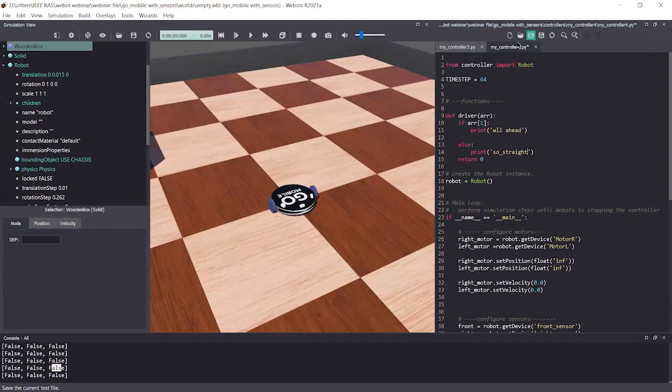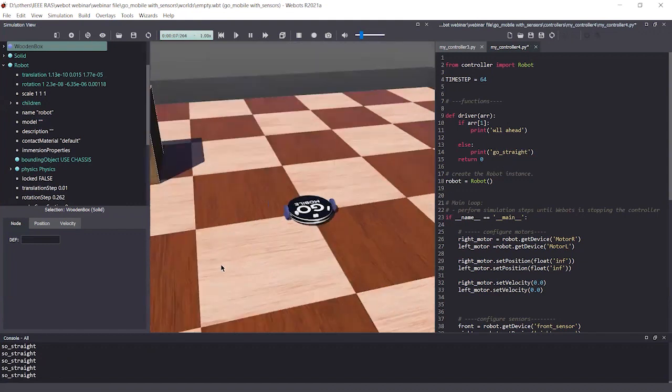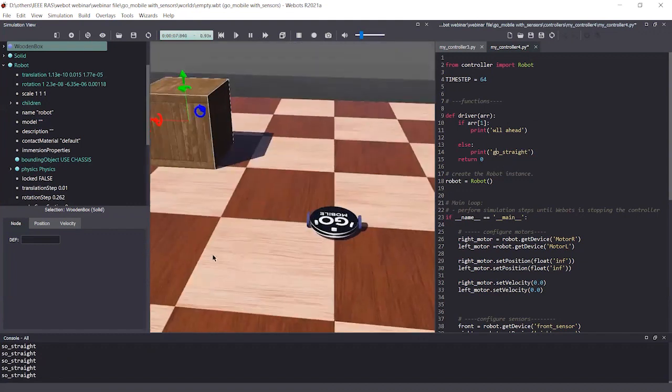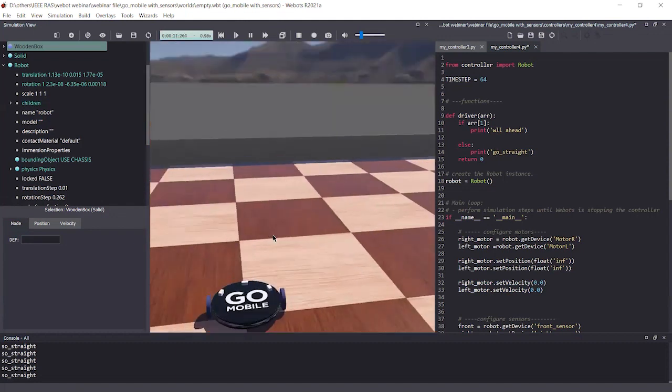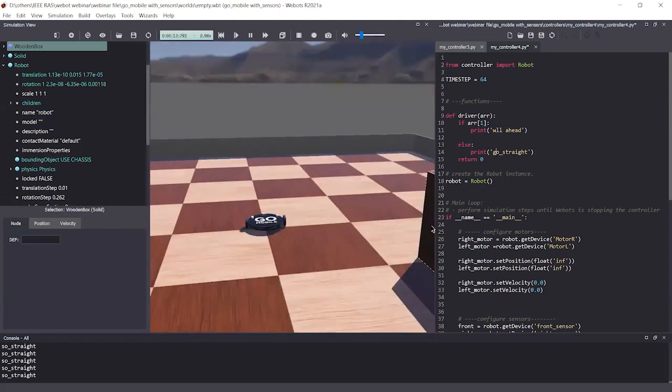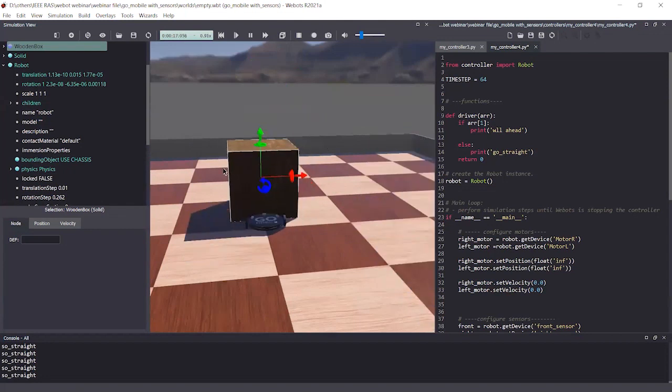So save this, run this. So now here should be G. Okay. Now the driver doesn't see any wall in front of him. Now what I'm going to do is place this in.